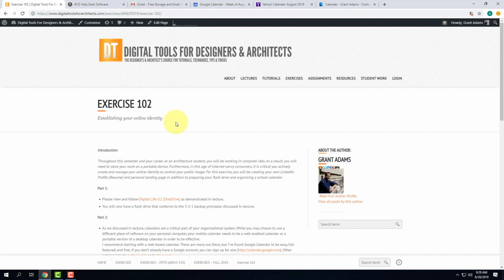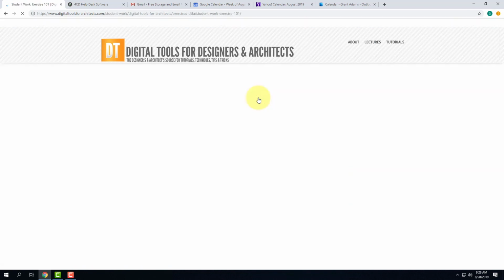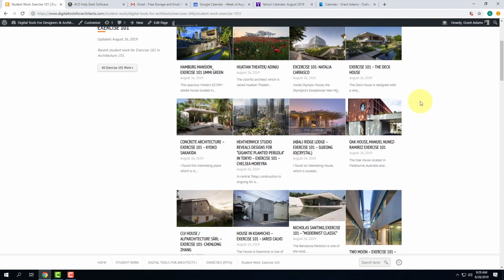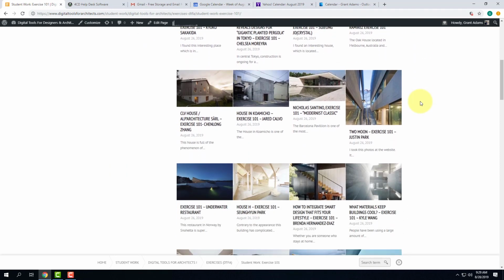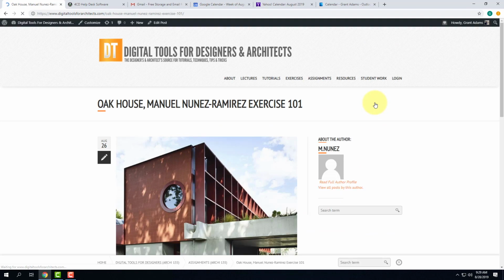So if you get in the habit of just doing that, it makes life really easy. Obviously today we're doing it at the start of the exercise, but I wanted to be able to demo it and record it, etc. So when you go to do the comments, the easiest way of doing it is to go to the student work section and then look for, in this case, exercise 101. This filters all the student work to just exercise 101. This is where we're going to start with our comments. So let's say that I find something interesting. Let's say it's this one.